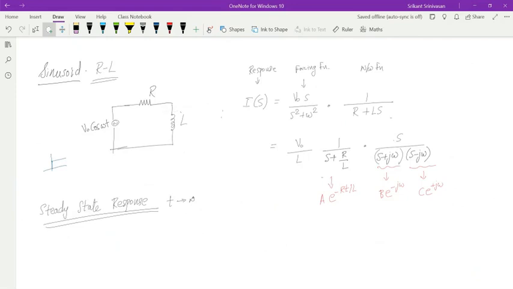The inductor will get charged, gradually the current will start flowing, and as the current increases, the entire voltage drop will be across the resistor. Finally, the inductor becomes a short circuit, because we know that for a DC component, an inductor is a short circuit. So that's how we know that in the transient response of an RL circuit to a step function, you will have something like that.